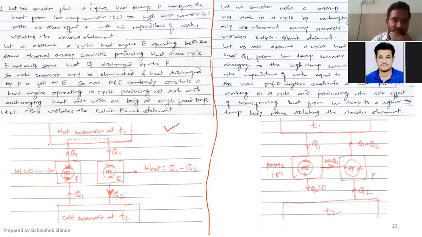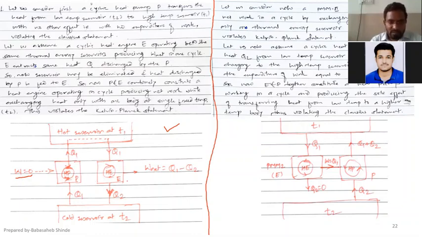Now here, if you look at this sketch, there is a heat pump that is transferring heat from a cold reservoir at temperature T2 to a hot reservoir at temperature T1. And for that one, it is supposed to consume some external work, but what we have considered, the amount of work supplied is 0. So we know that this is violation of Clausius statement, because it is transferring heat from a low temperature body to a high temperature body without consumption of external work, and that is violation of Clausius statement. Now,